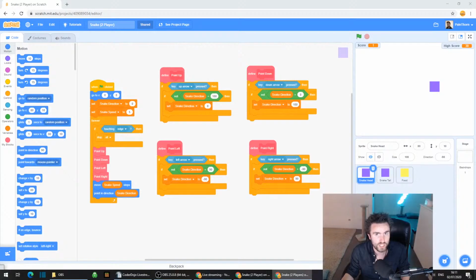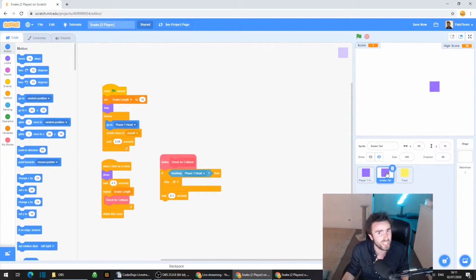So first of all, let's rename these two sprites. We've got snake head and snake tail. We all need to do this at the same time. Everyone rename the sprite snake head as Player 1 head, or P1 head if you want, but I would say Player 1 head. And then do the same thing with the tail sprite: Player 1 tail. Okay, once everyone's done that,